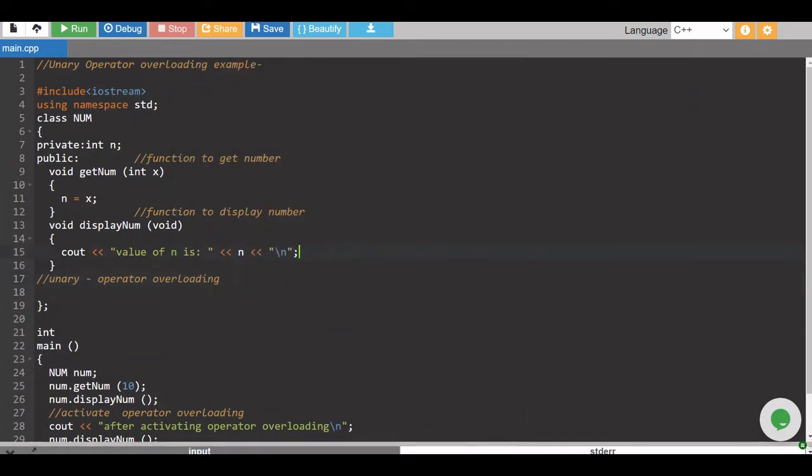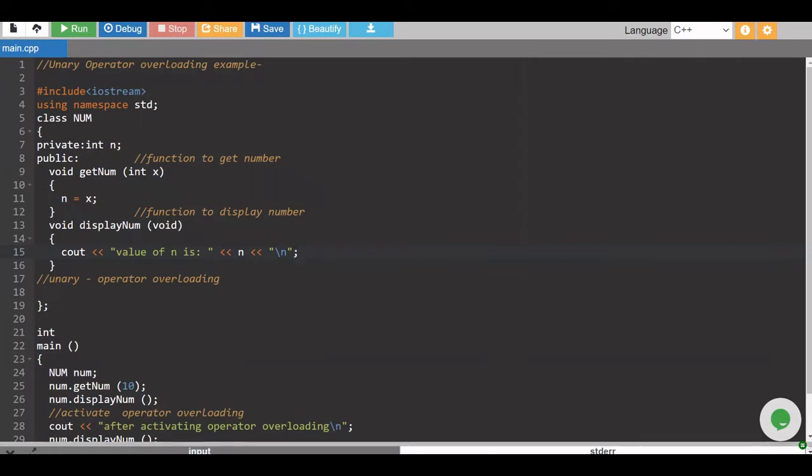Hey everyone, in today's video we are going to learn how operator overloading can be achieved in C++, as there are many operators in C++ which we can use in multiple ways. The overall mechanism of giving such special meanings to a particular operator is known as operator overloading. But exceptional cases are always there.